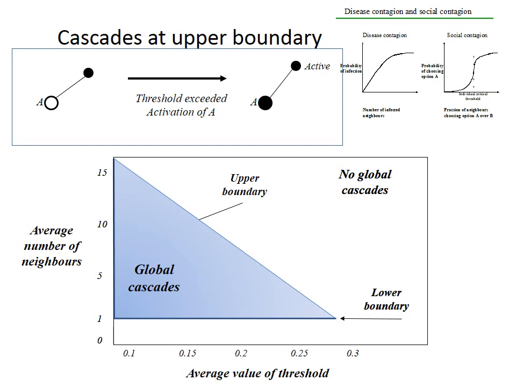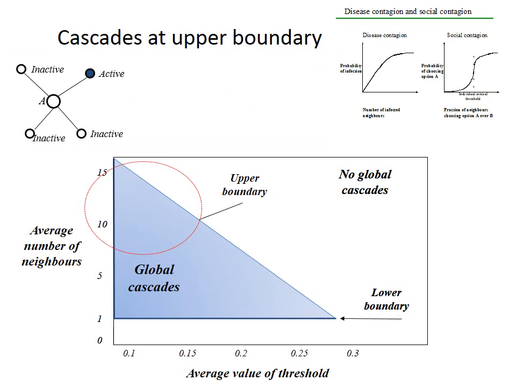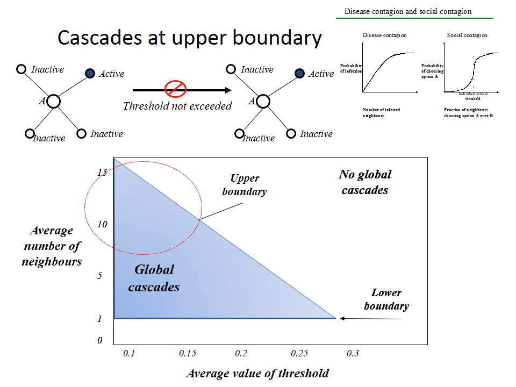So in these conditions, what happens? Now, let's imagine that you are surrounded by several individuals you pay attention to. Let's imagine that the average threshold is still 1/3. If you've got 4 friends, the threshold is not exceeded and you don't switch. This means that the more connected you are, the less sensitive you become to new ideas or new information. This is interesting because it's counterintuitive to a popularly held idea that the more connected you are, the easier you become exposed to new ideas.